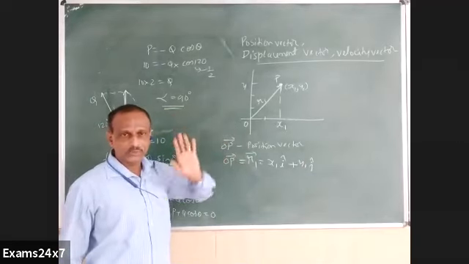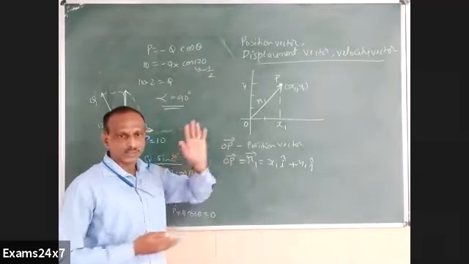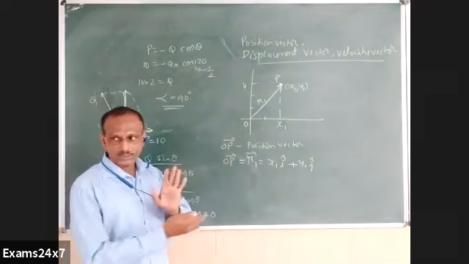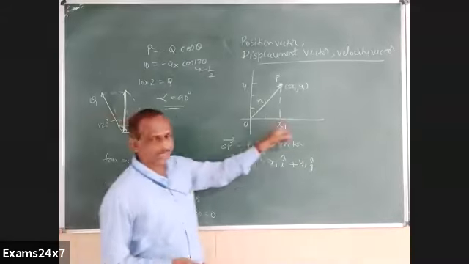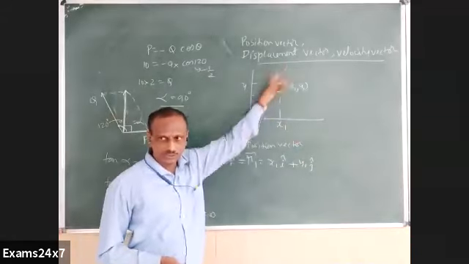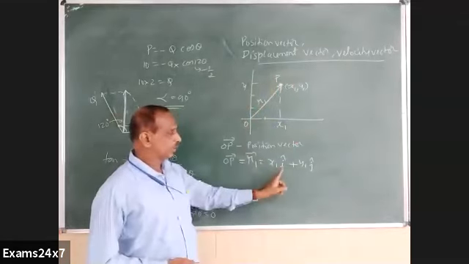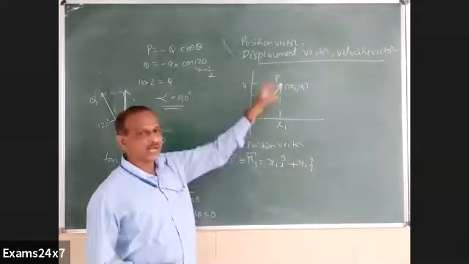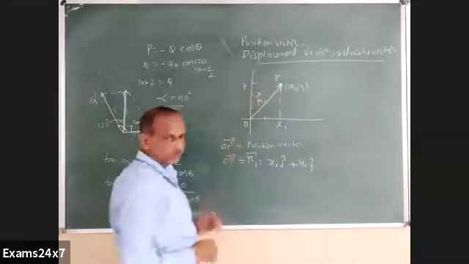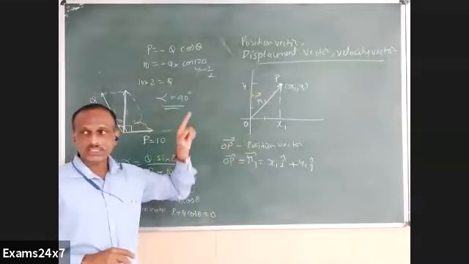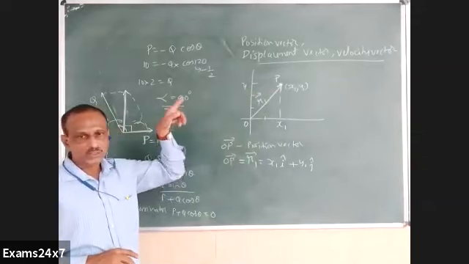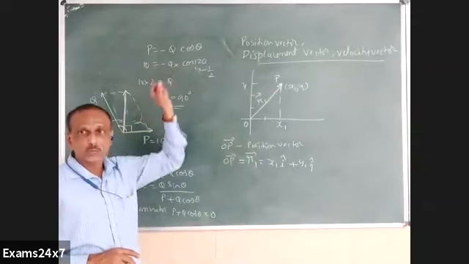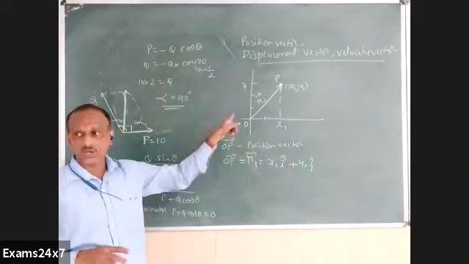Like in the beginning, we talked about resolution of a vector, rectangular components, x component, y component. This is exactly the x component of the position vector, and this is the y component. So x1 i, y1 j indicates the position vector R1. This is a distance-indicating factor: the position vector, the distance of the particle with respect to an arbitrarily chosen origin.